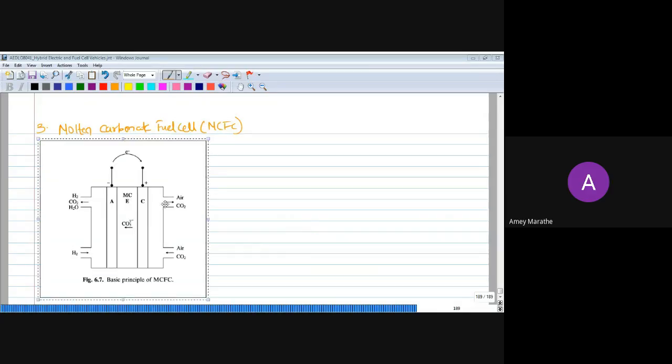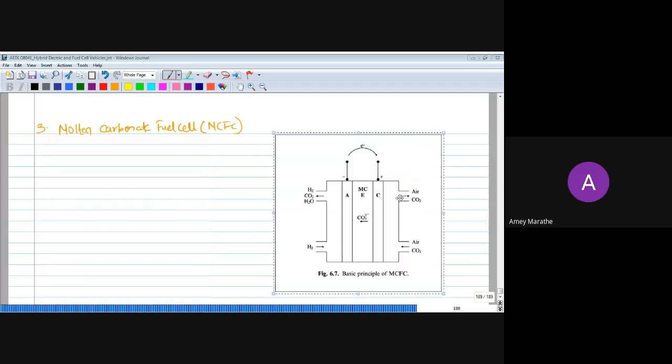Okay, this is how it looks, or this is how it functions. So here, if you see, again the basic parts are going to remain the same: anode, cathode, electrolyte. They are going to be there, but the materials used for anode and cathode are going to be different. So in this molten carbonate fuel cell, we are using nickel,